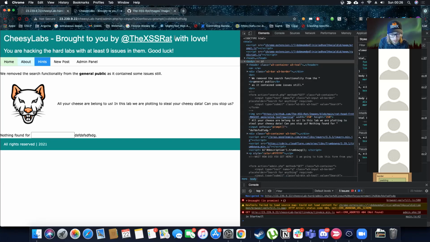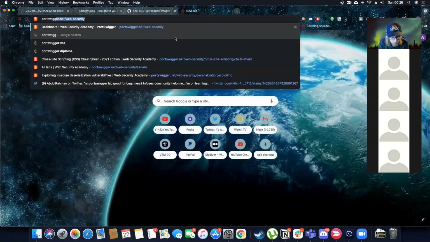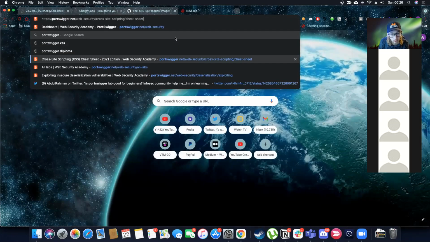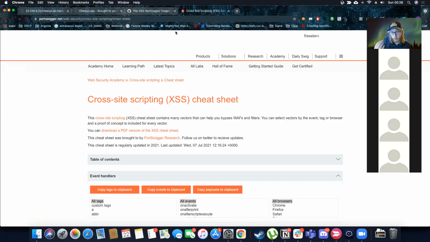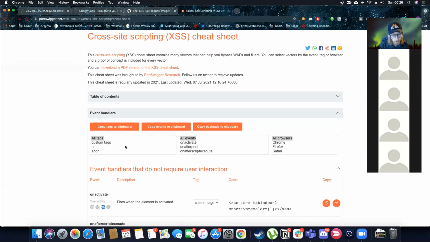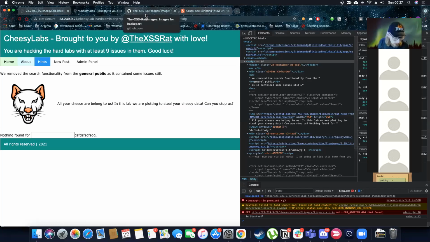What I'm going to try here is there's a PortSwigger cheat sheet as well, which as you can see here. You can just try all of these different tags, all of the different event handlers. You can try that in there. So you should try all of the different tags. In this specific instance here, you can see that input will not be blocked. So if I go back and I just remove all of this stuff, then you can see that